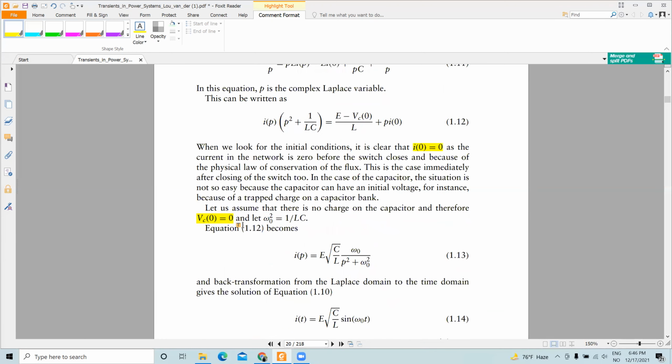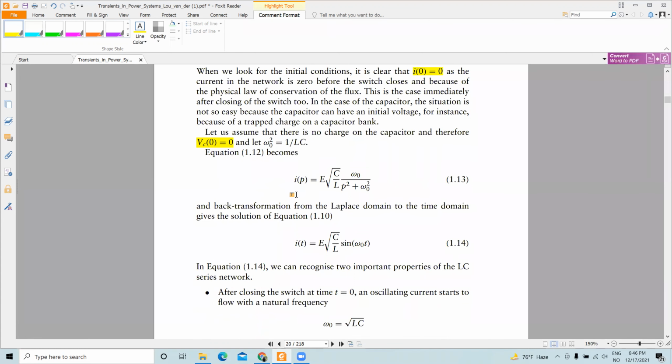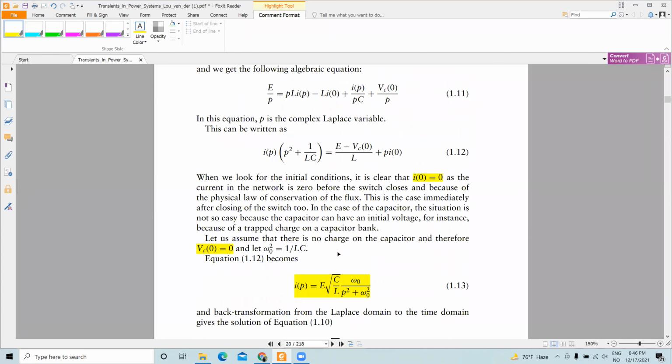You need two initial conditions, as this is a second order equation. For a first order equation, you only need one initial condition, and from there you can calculate I of P by using I of 0 equals 0 and